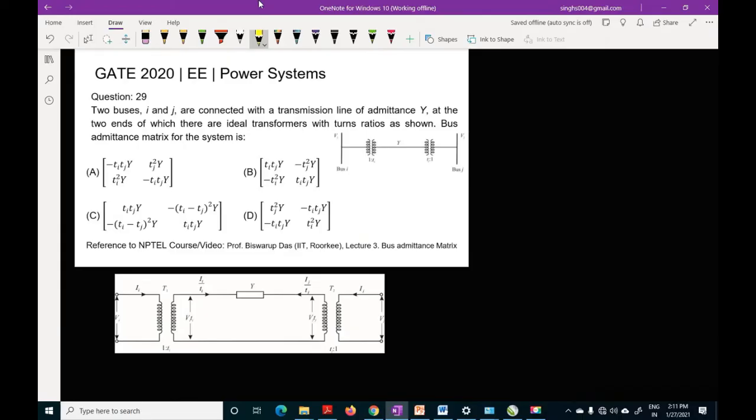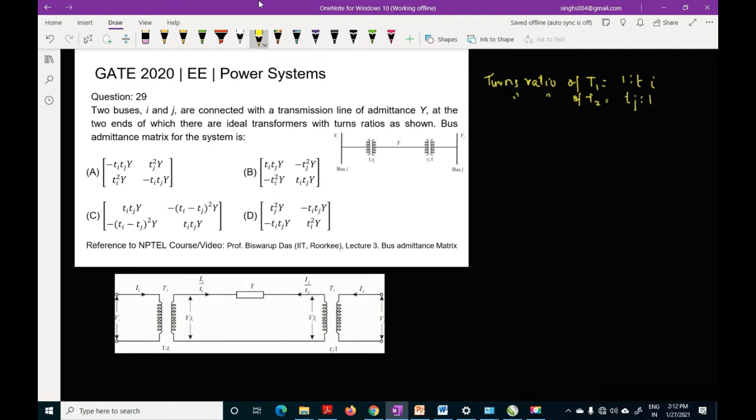We can draw the equivalent circuit diagram of the system that is given in the problem. Let us assume that Ii be the current of bus I and Ij be the current of bus J. So the data that is given in the problem is the turns ratio of transformers T1 and T2. Turns ratio of T1 is 1:Ti, and turns ratio of T2 is